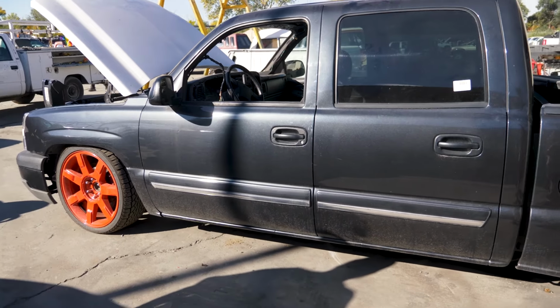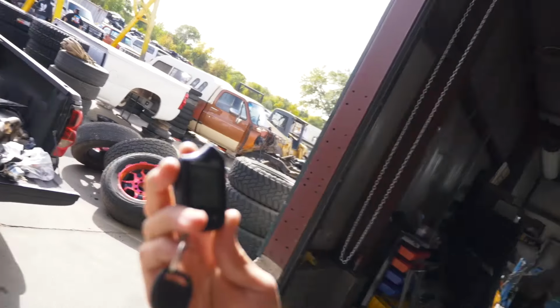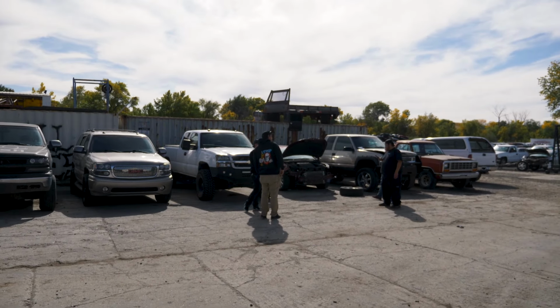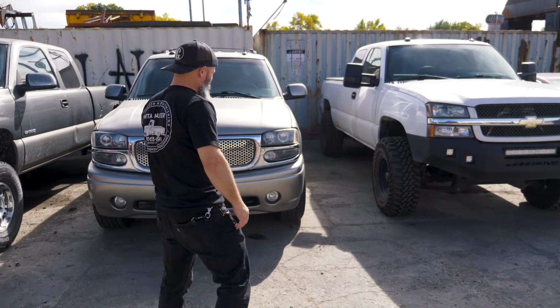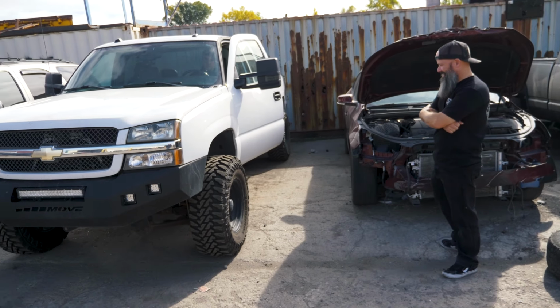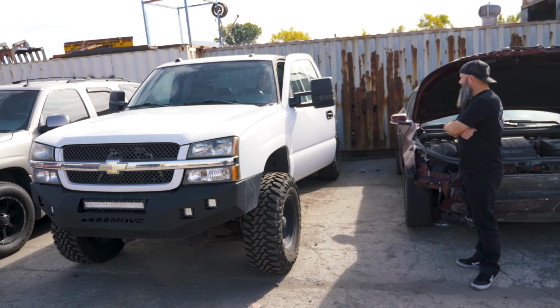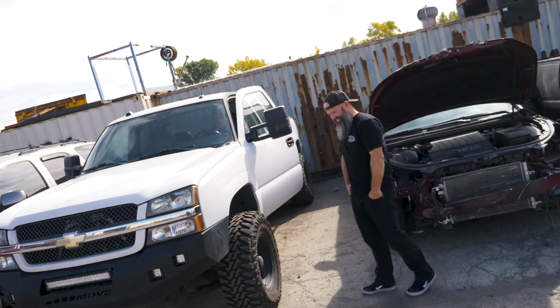She's one lopey girl. All right, let's go start yours. Did you bring earplugs? I had to go over and grab the keys. Should I remote start it while they're standing next to it, not expecting it? Almost. That is violent. She's got to get a little warm. But once she gets warm,